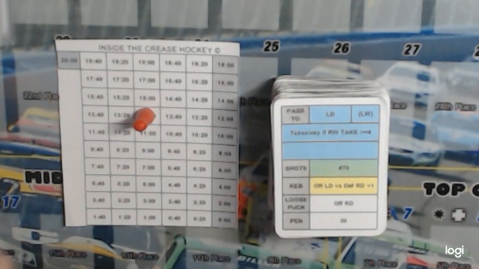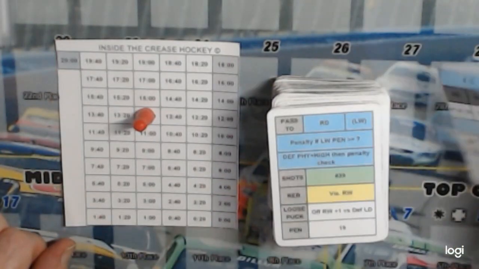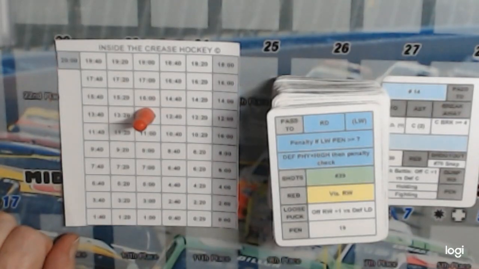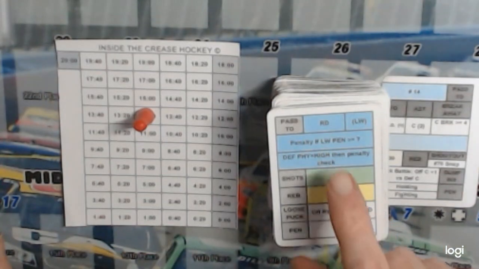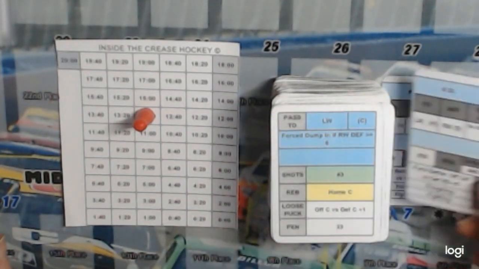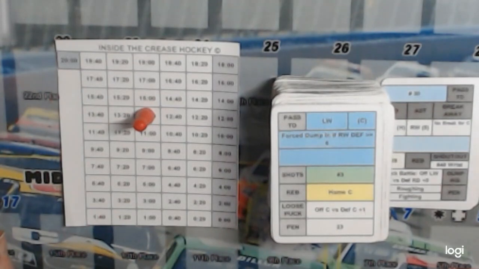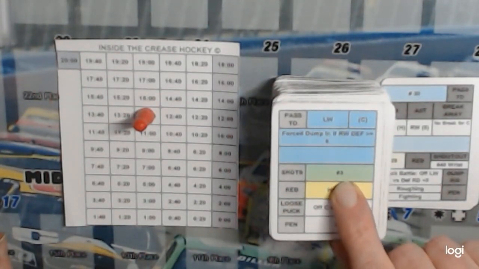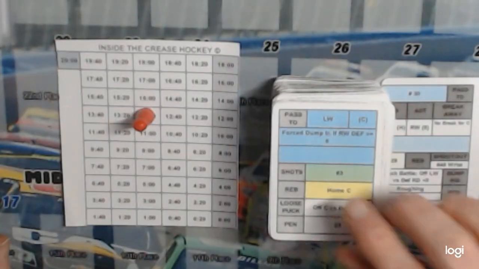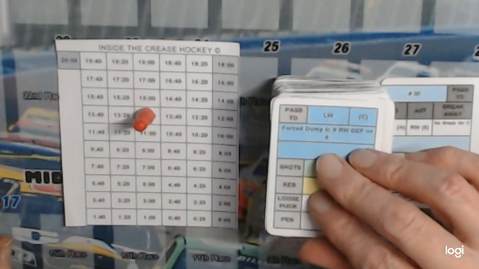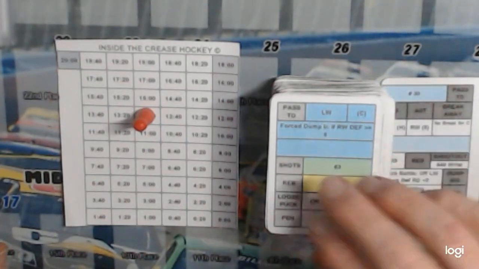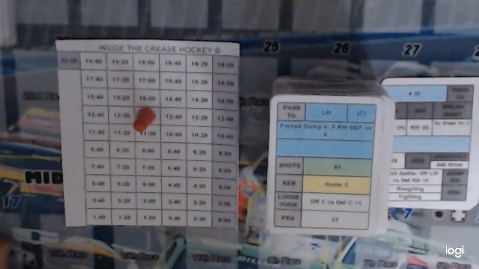So let's say we were in this situation at 30 minutes and we turn over a card and it says penalty. If the left wing's penalty is 7, and let's just say as an example that his penalty is 7, you would then go right defender 14, and work out what happens. He had a shot, blah blah blah, he missed. It's an unfortunate number because that is a goal unless it's a shot 0, he's missed, and there's a rebound and it doesn't go in, and it goes to one of the defending teams. So we stop the play and we start to work out